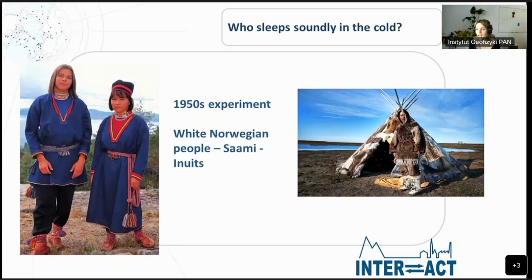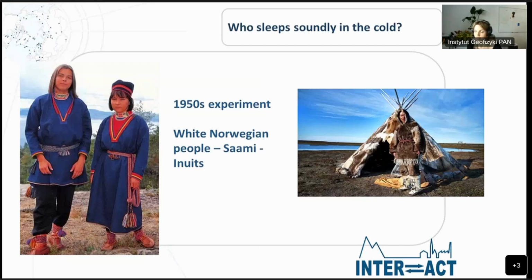But do all humans feel the same about cold and warm? No, I think that we all know someone who thrives in the summer, and others hate the summer, hate the heat wave, and enjoy the winter and snow. So it is very much individual, but is it also related to like our race or ethnicity or something like that, or nationality maybe? So there was an experiment in the 1950s,